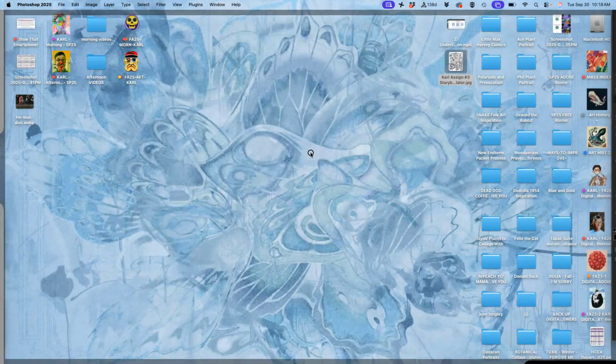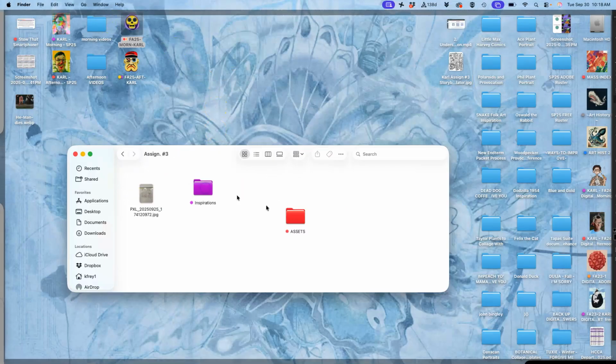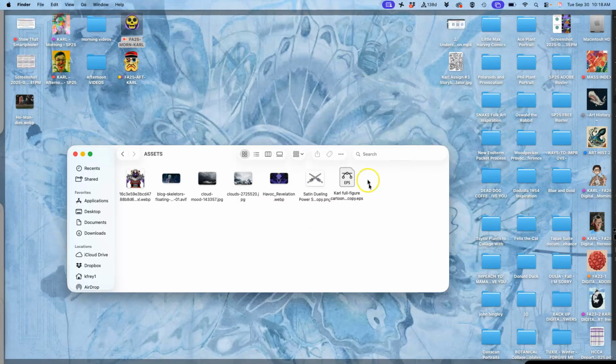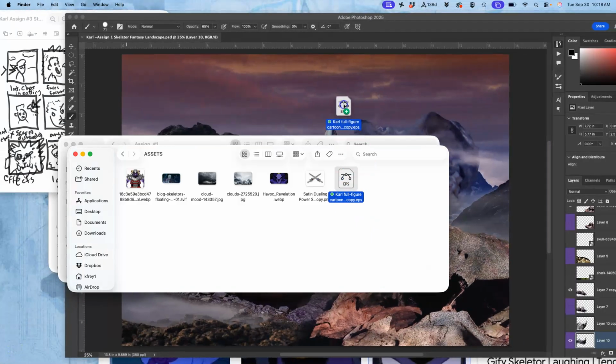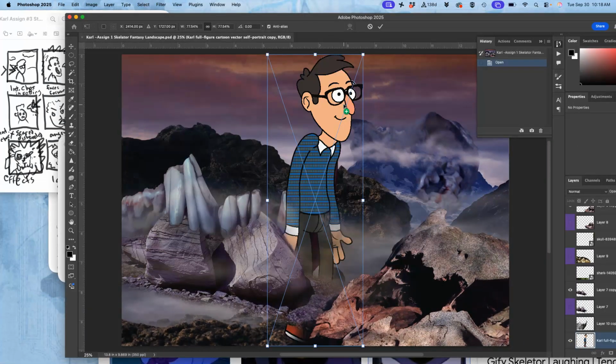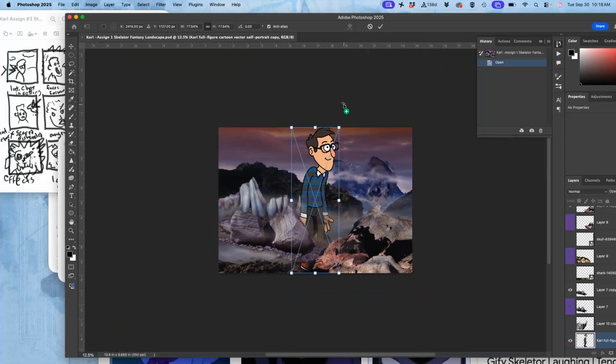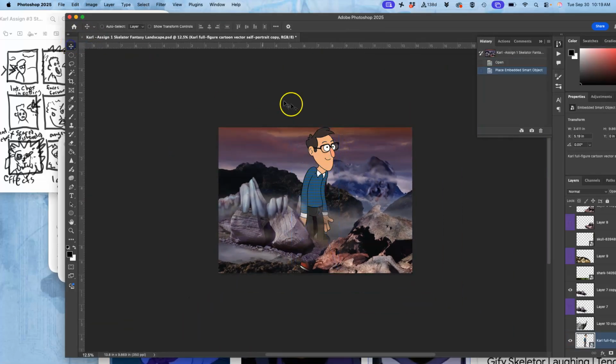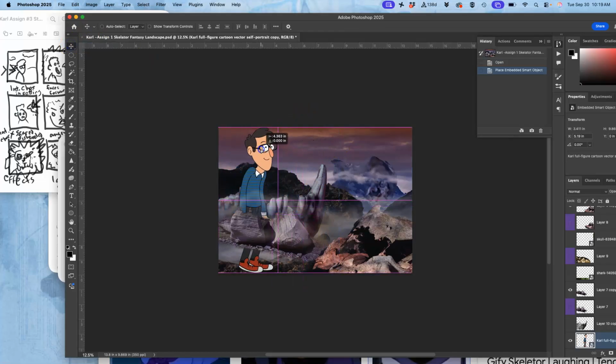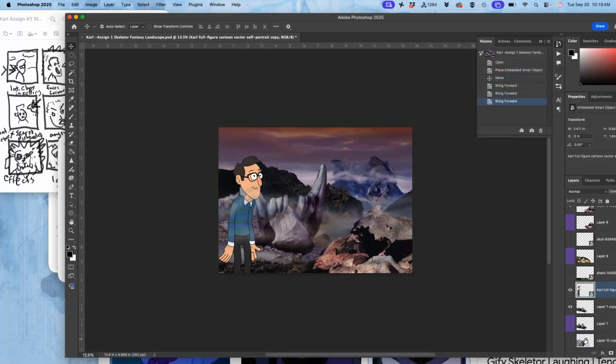So let's do it. I open it up. I saved him in assignment 3 in my assets. He's this one. My full figure cartoon. Remember, smart objects, when you drag and drop them in, they'll always be at their native resolution. And since this is a vector, its native resolution can be anything, right? But you see how he's behind some things? So that's going to make it really pretty believable. So I'm going to push him up above